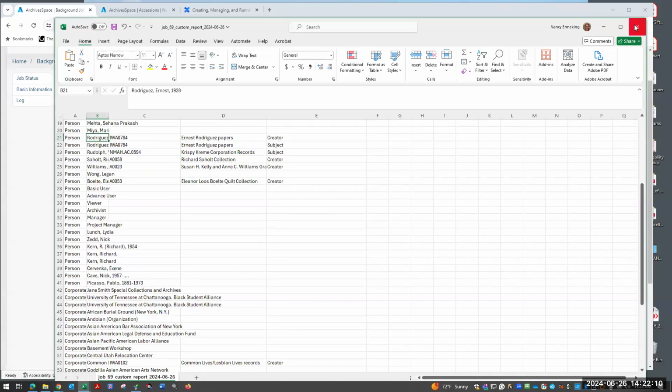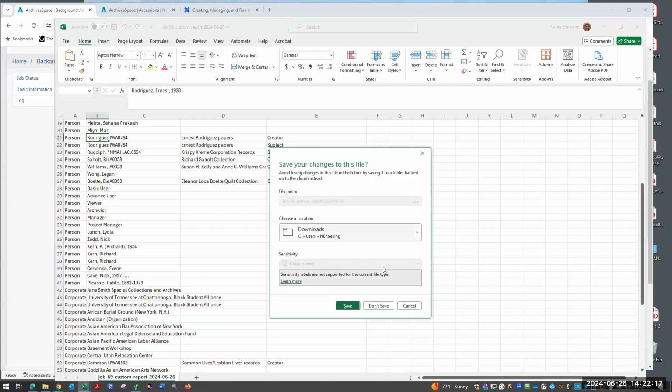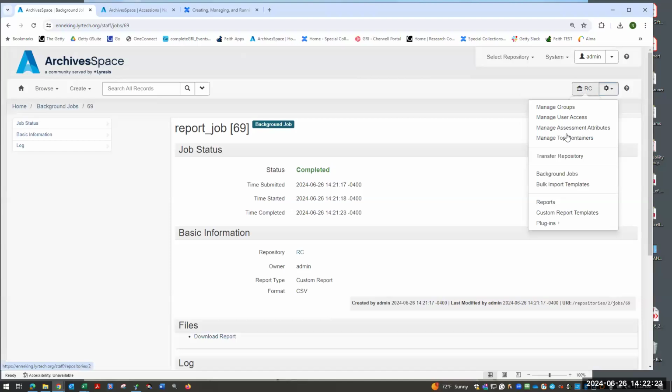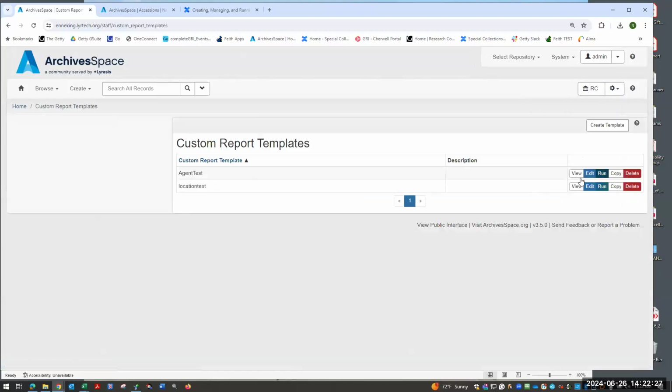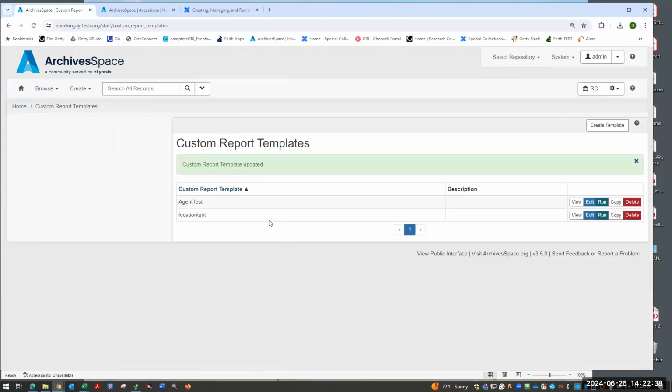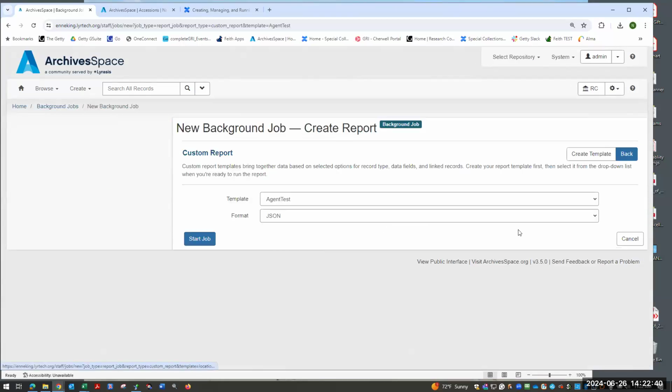What I stumbled across with this one along the way in my testing, in prepping again for this workshop, I do need to report as a bug. So let's go back. Let's say I want to edit this, and let's say I want to filter it just down to the people, narrow by value. I'm going to save that. If I run it,